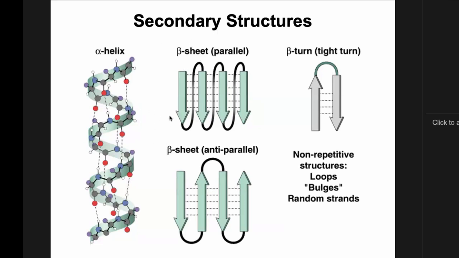We've talked a little bit about beta sheets, but we didn't talk about the fact that there are two broad categories of beta sheets. The most common type of beta sheet is the bottom one here, called an anti-parallel beta sheet. Anti-parallel meaning not parallel. So what's happening here is we've got the amino acid chain going in the direction of this arrow. It then makes a tight 180-degree turn, turns back on itself, and has another straight segment, and then makes another 180-degree hairpin turn and comes back the other way, and then again another 180-degree hairpin turn,